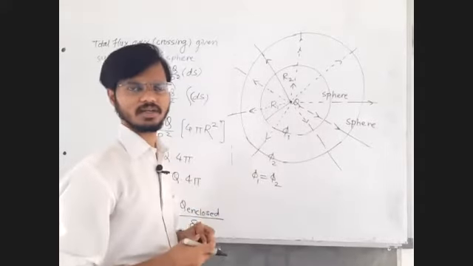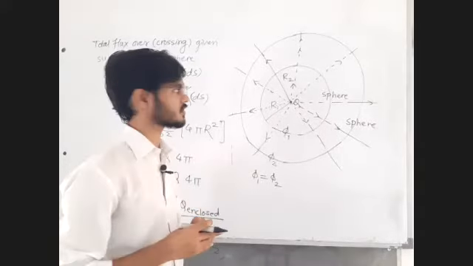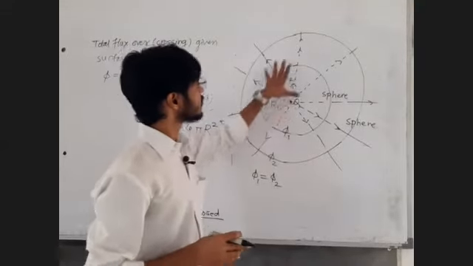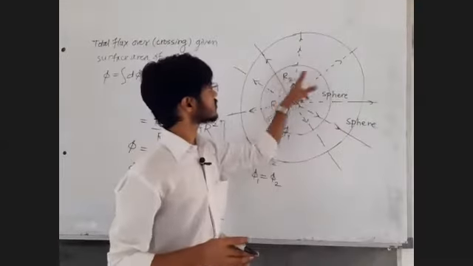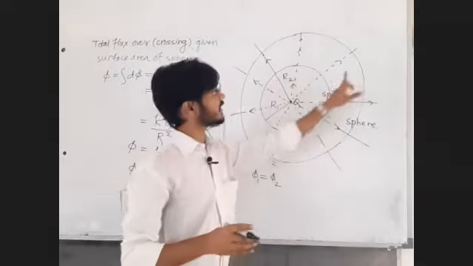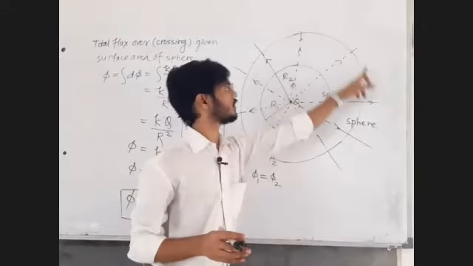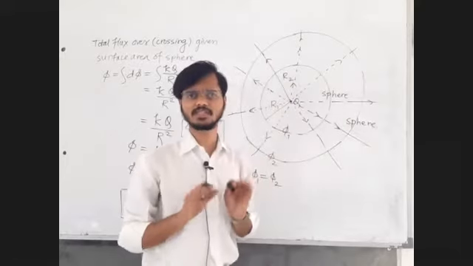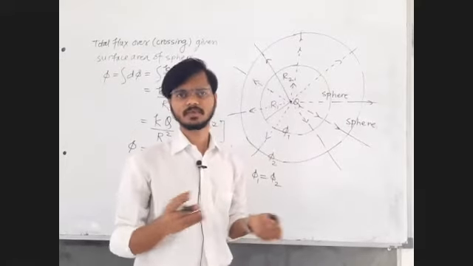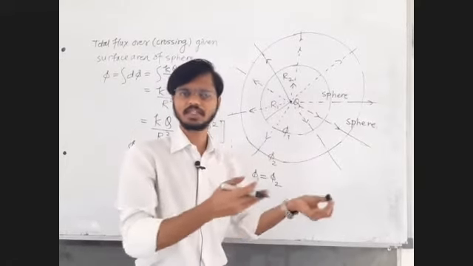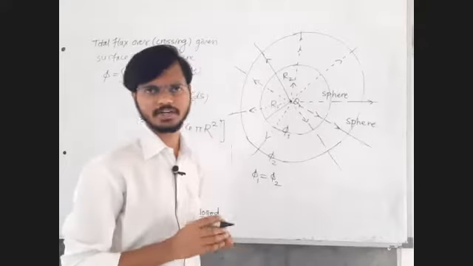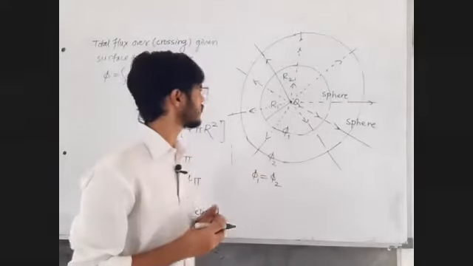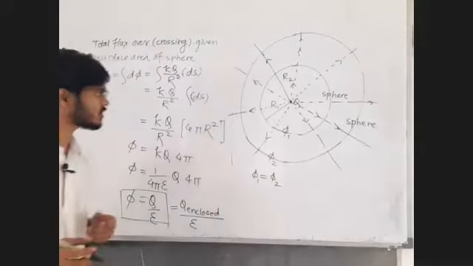Field decrease, area increase rate, that we will discuss later as well. First, let me complete my statement. Statement is this: the number of electric field lines crossing this surface are exactly equal to the number of electric field lines crossing the outer surface. Electric field lines are measured by the physical quantity called electric flux. If electric field lines are equal, then electric flux are also equal. Yes, sir. Fine. So that logic is also valid.